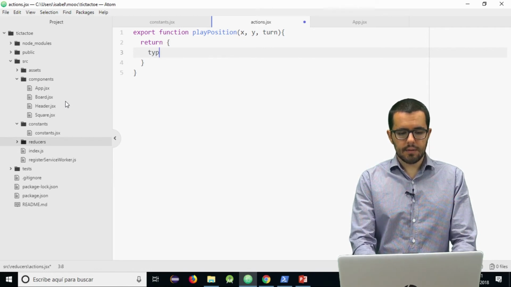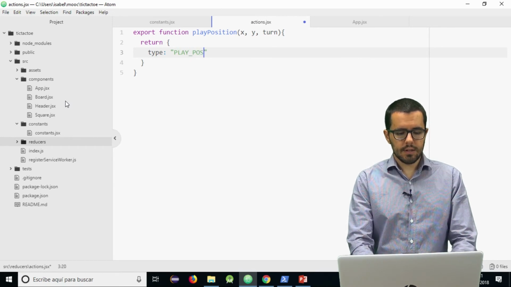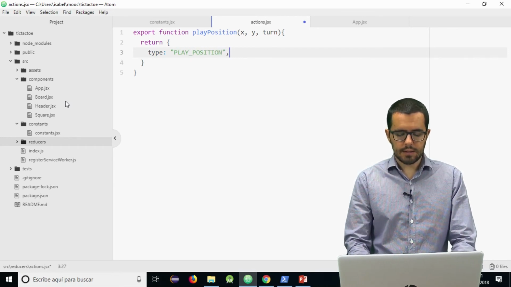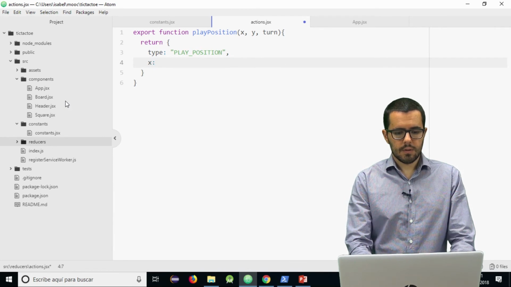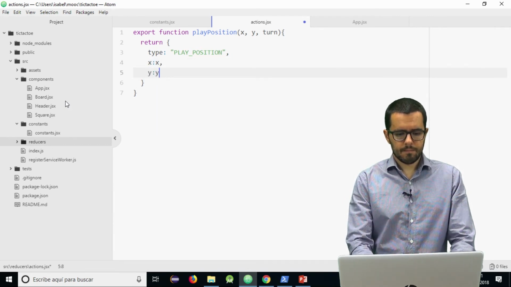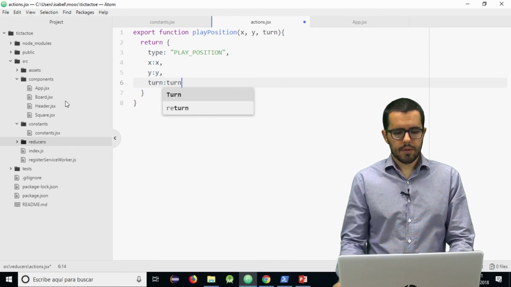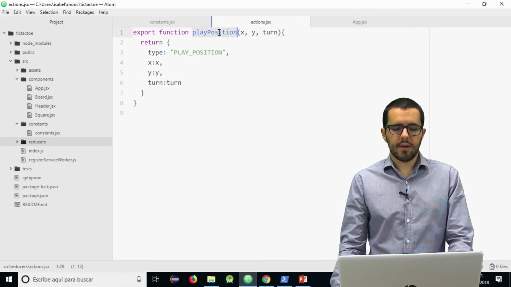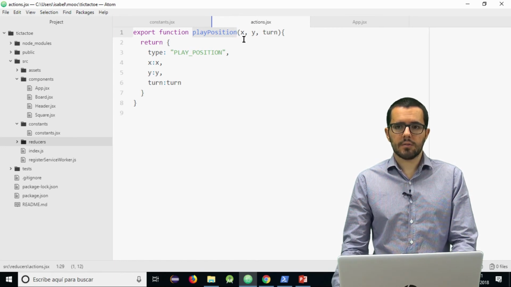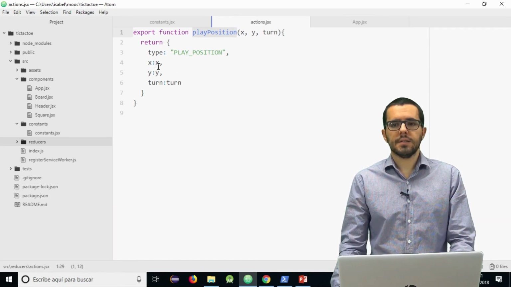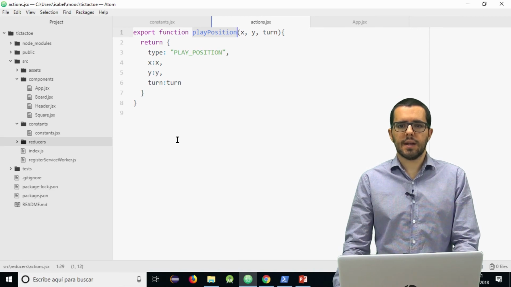Well, each action has a type, that is a string, and then data: X, Y, and turn. So this is just a function that receives X, Y, and turn, and returns this JavaScript object. This is an action creator.